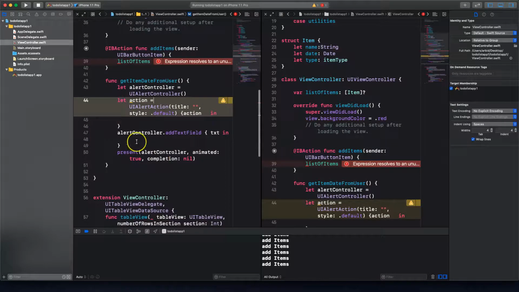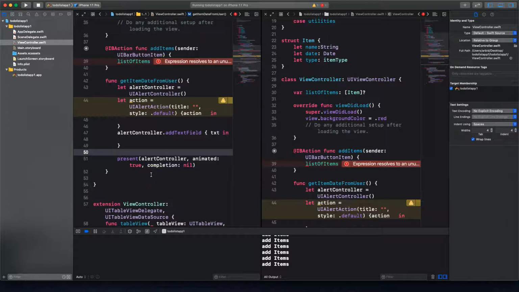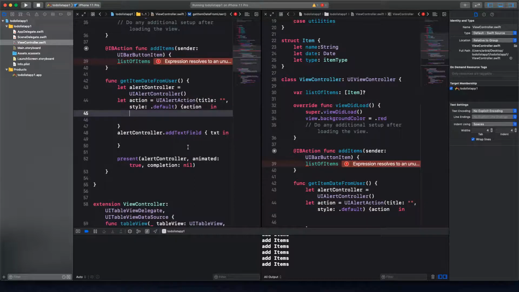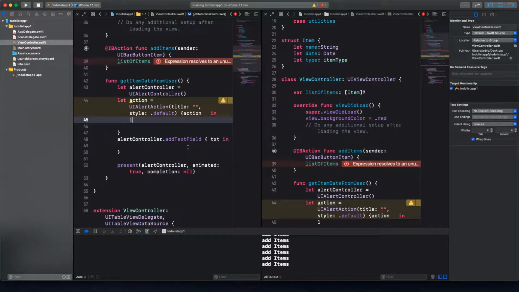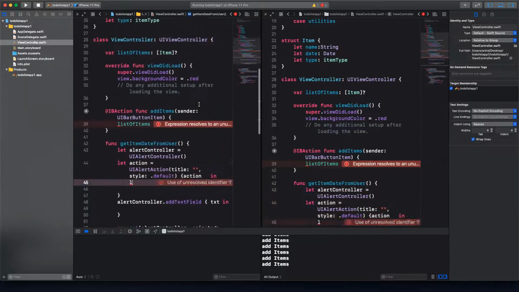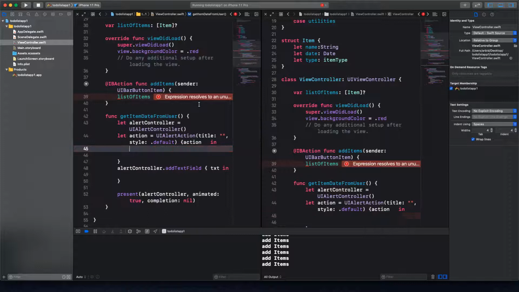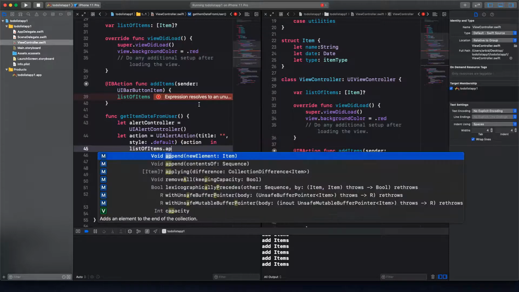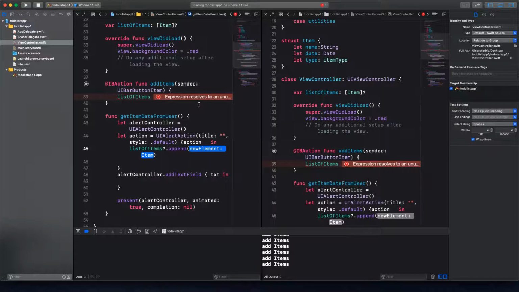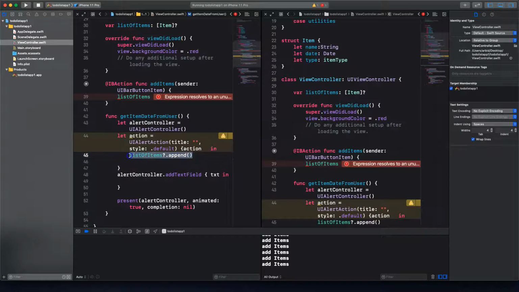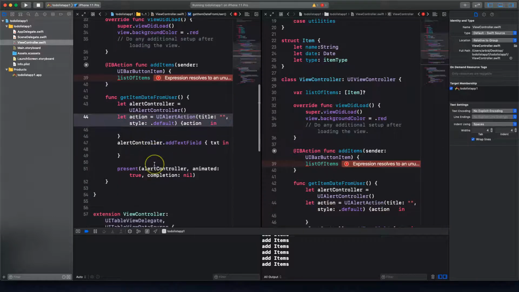So we're also going to add this action to the alert. The action is whatever happens whenever we're done getting the data, the user needs to say they're done, right? So that's what the action is. Then we're going to add that item to the table view: list of items dot append, and it's going to be this item. We need to insert all the data first, right? So in order to insert the data,